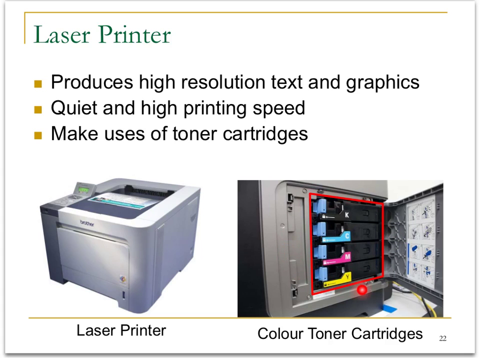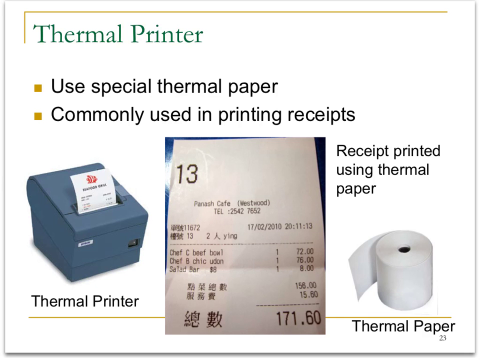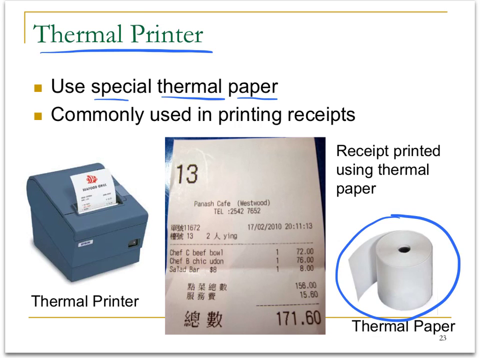Okay, the last type of printer, thermal printer, which makes use of special thermal paper. These are the thermal paper. This paper has a very special surface which is sensitive to heat. If you heat some part of the paper, that part will become black in color. For example, this receipt is printed by the cafe or by supermarkets. Usually, these receipts are only black and white in color. In fact, they don't need to be colorful, because the main purpose is to clearly show the total